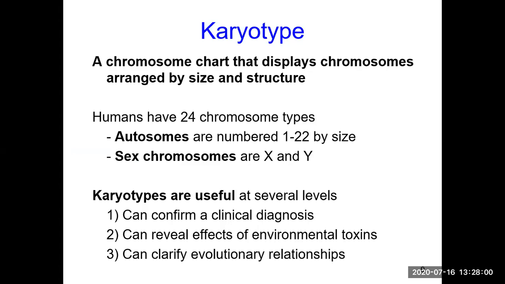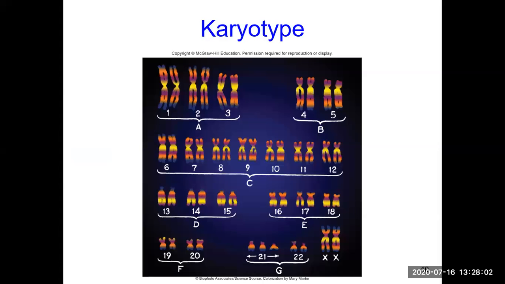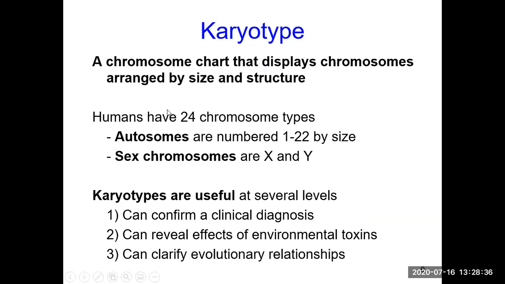Karyotype, we have seen this chart before. This is when you stain the chromosomes, and the staining technique has really evolved over the years. A long time back, the chromosomes would be stained in a single color, and then they had to be arranged manually based on their size. The largest would be chromosome pair 1, then chromosome pair 2, chromosome pair 3. And then slowly the staining technique became more developed as technology developed. So then we started getting these banding patterns. And then it made it easier for us to pair the chromosomes, because now it was helped by the size as well as the banding pattern.